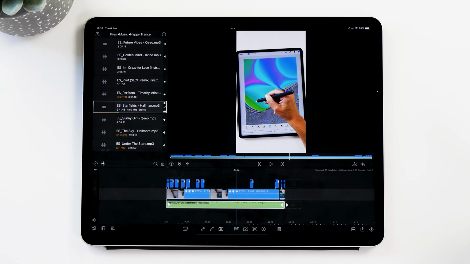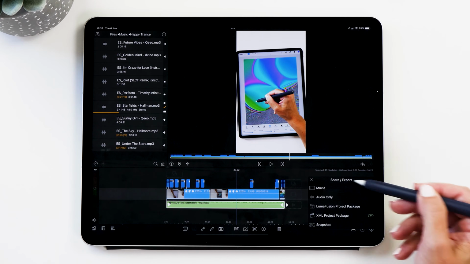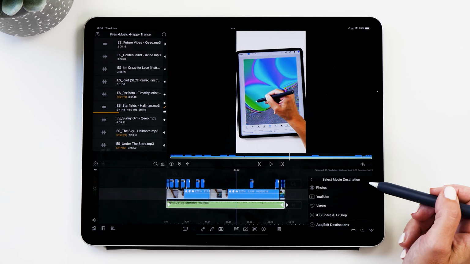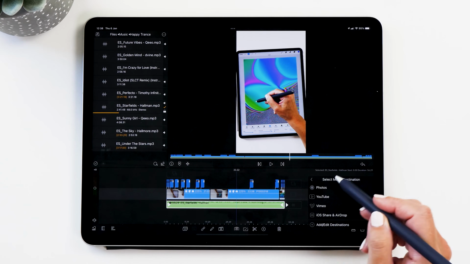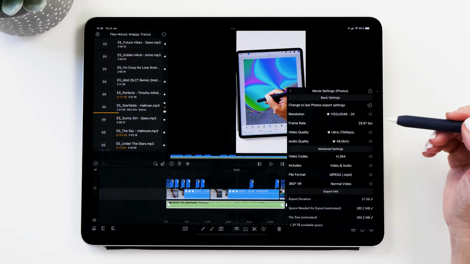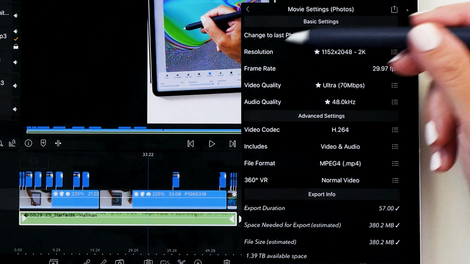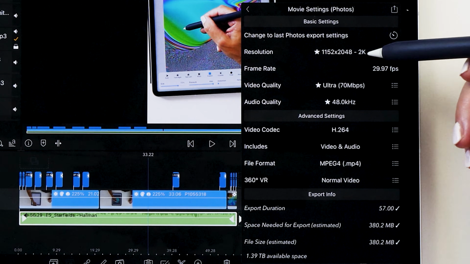Cool. And so of course now we need to export this video so that we can upload it to the different platforms. And in order to do that, you tap the button here, which is that share export screen, and you have different options of how to export this video, but of course we want to choose movie and then the movie destination. You can actually upload this directly to YouTube if you wanted to, but I recommend that you save this to your photos because it's the easiest, and then you can also use it for different apps at the same time.